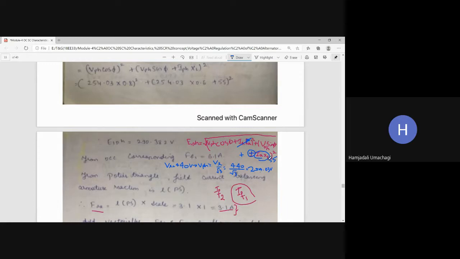I into XL. I into XL, don't write it as XS. The XS means it is XL and Xa. We are separating resistive and reactive drop in the ZPF method. For that sake only, we are getting exact values here. I into XL whole square, plus for lag, minus for lead. Now since it is a lagging power factor, take the plus sign. Substitute all the values and tell me the answer for E1 pH.